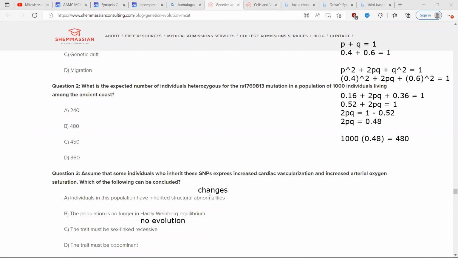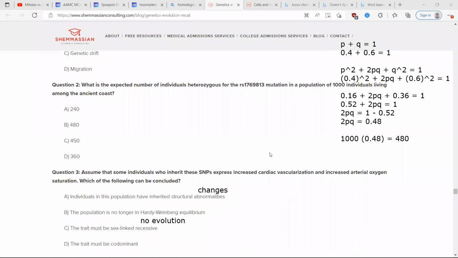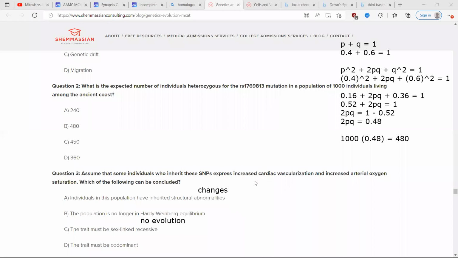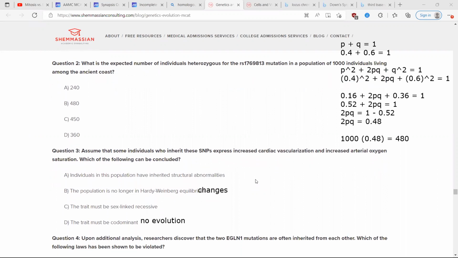I think A is fine. I mean, A makes sense. This one's a hard one. I think it's either A or B. I think C and D don't make any sense. There's nothing related to them. It's either A or B. Okay, we'll find out. Anywho,